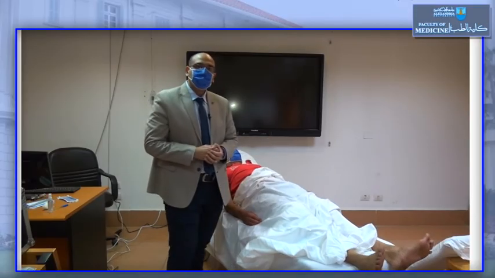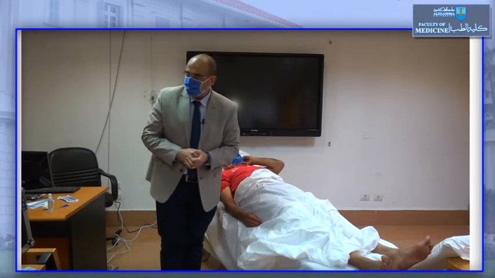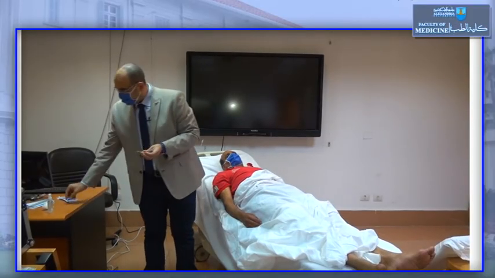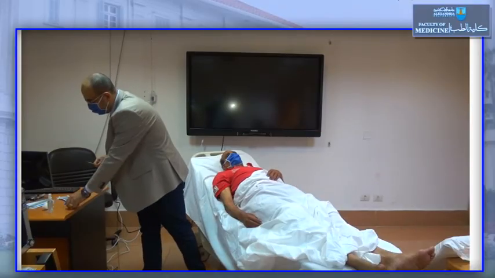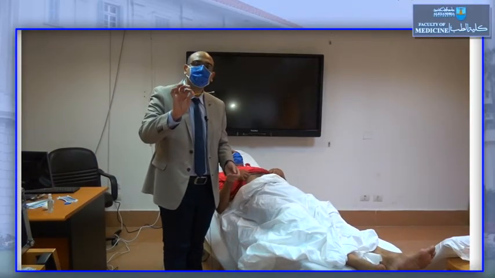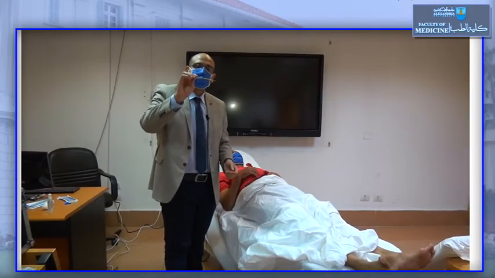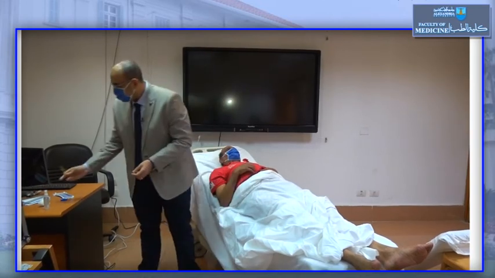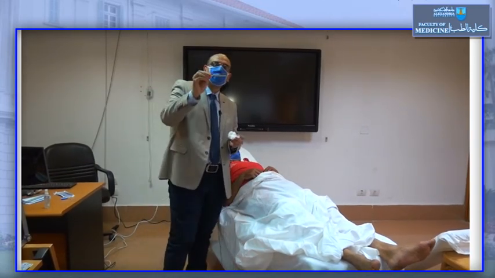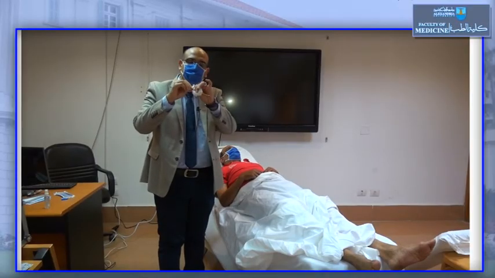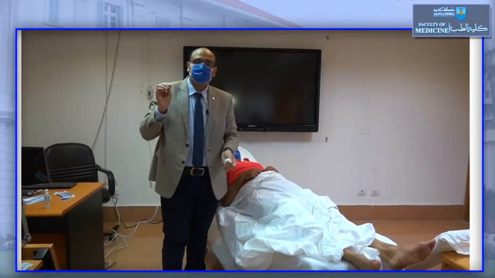Now we are going to do temperature measurement. At first, we hold the thermometer in our hand like that, and we try to shake down the mercury, and then we should wipe the thermometer from the stem to the bulb with a cotton ball with alcohol, and then